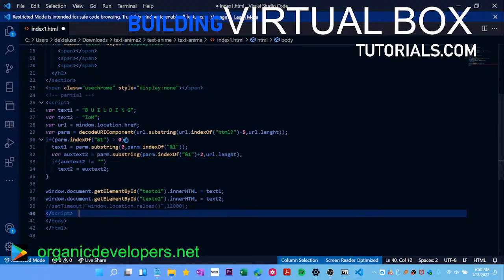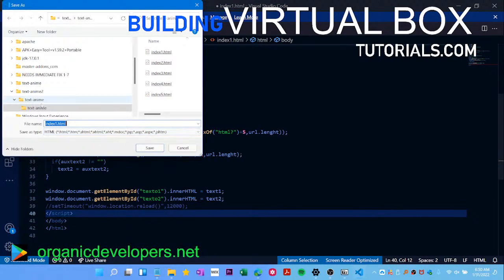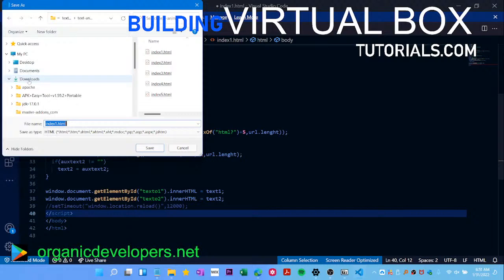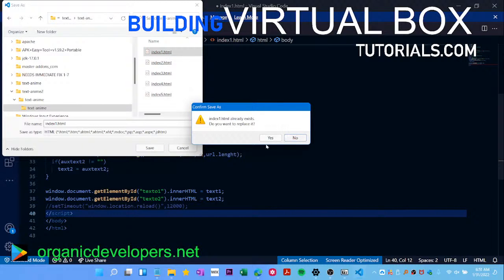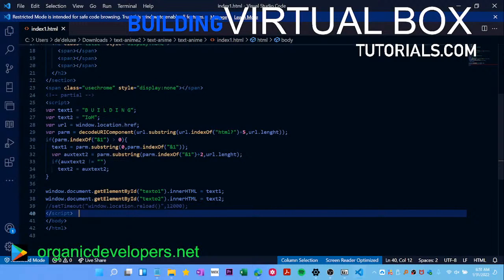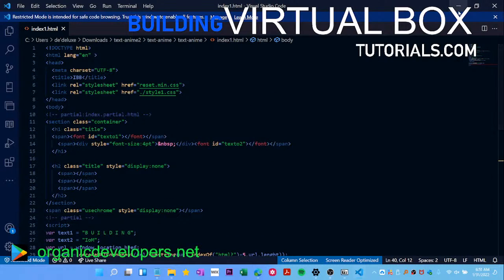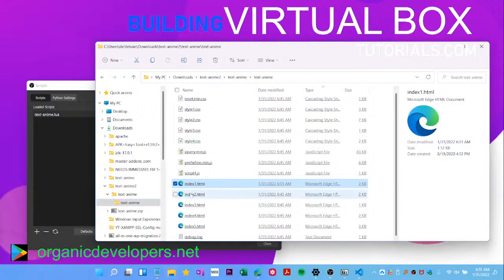Save as index1.html. Not in that location, but in number 2, in there. No, no, no, no. We want to replace it. Yes, yes, yes, yes. And then if I just minimize, and we are in that folder up here,